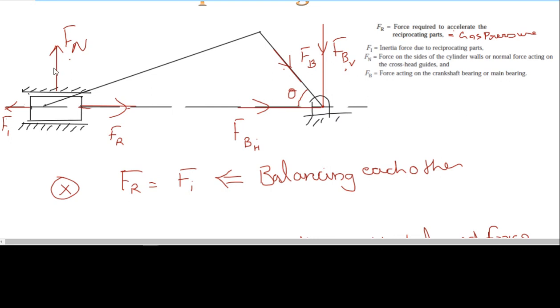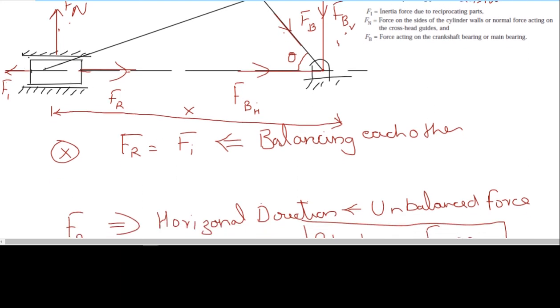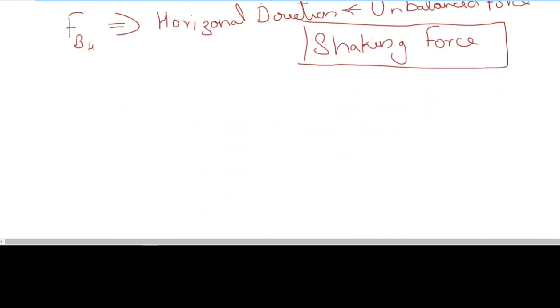Now you see these two forces. Fn is acting vertically, Fbv is also acting vertically. Let them be separated by some distance x. Then it will create a couple, two equal and opposite forces separated by a distance. So Fn and Fbv create a couple,